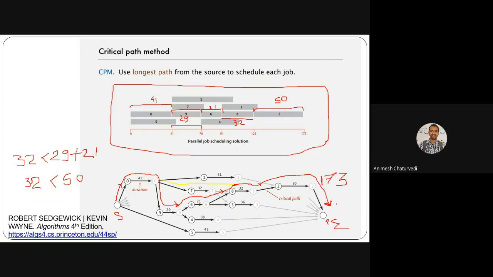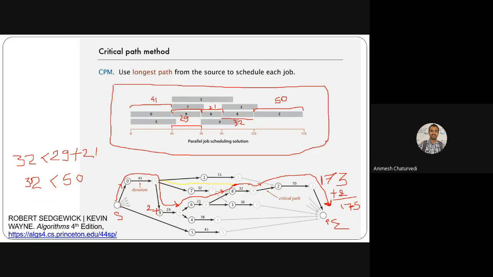First information is this. Second information, if anything on this path is delayed, means if this 9 was delayed by 2, there will be addition of 2 over here. So 175 would be the time taken. If anything was added up here, means 2 was added up here, means there will be a delay.